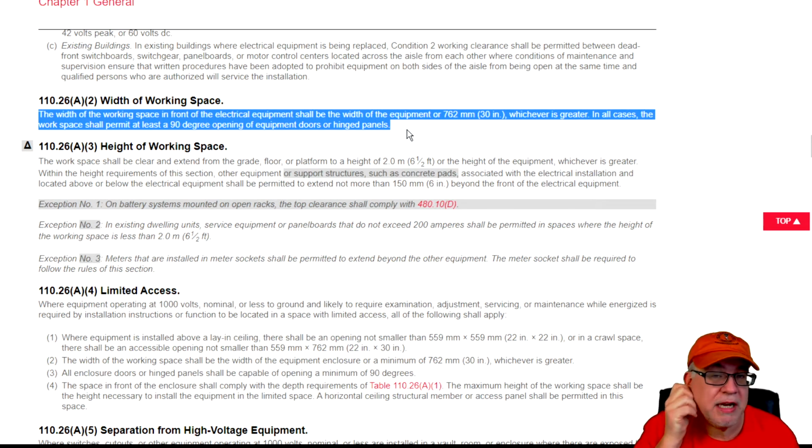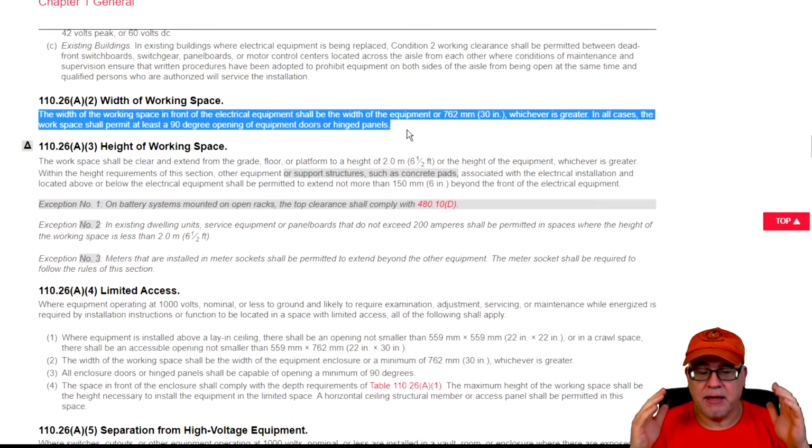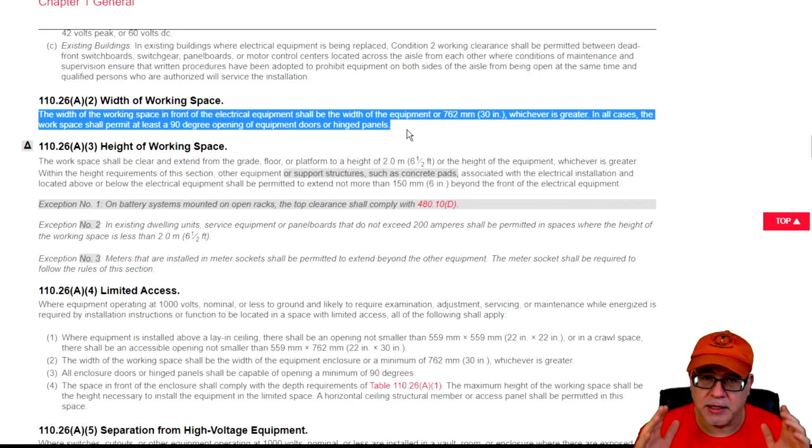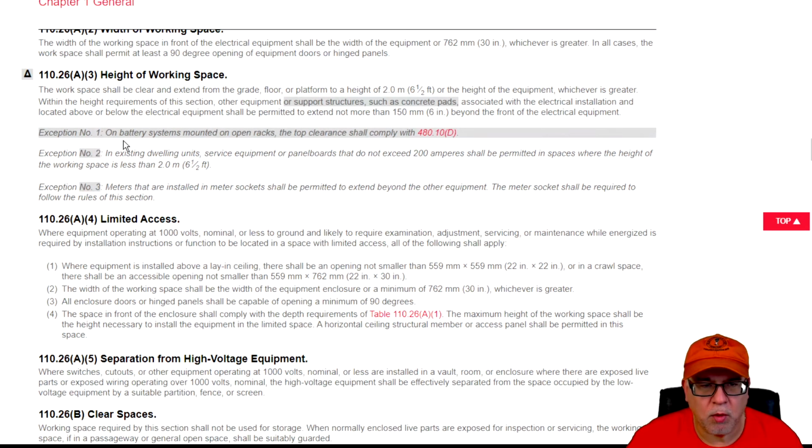Now, you could have equipment, for example, switchgear, that is 72 inches wide, 6 feet. Well, in that case, that is your width all the way out to the distance we just looked at, okay? All that needs to remain clear, and that is your working space. So next thing we want to worry about: we know the depth, we know the width, minimum of 30, could be as wide as the equipment is. Now we need to know, how high does that go up? Okay, well,